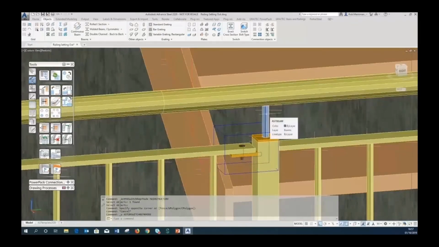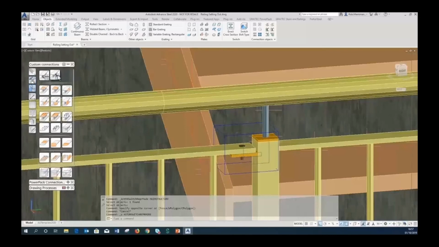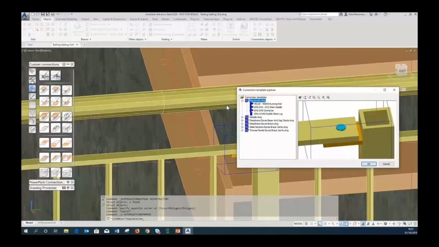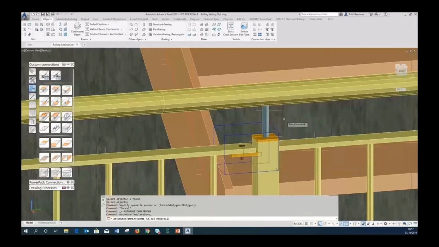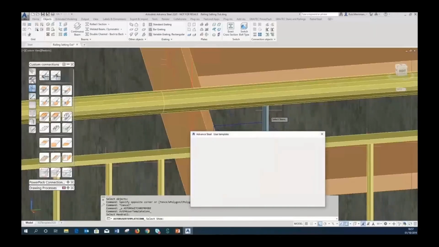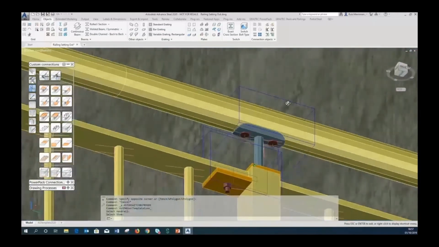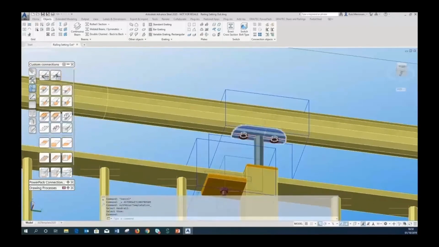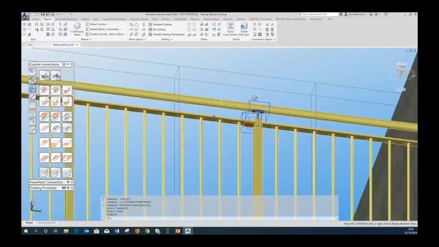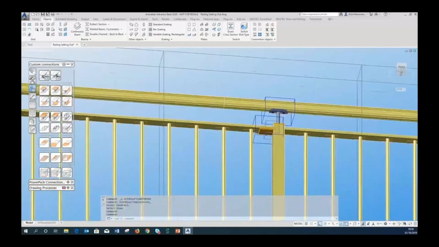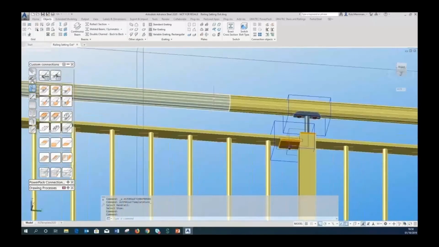Now the post, the spigot on top of the post and the handrail are welded to each other, and we want those to be bolted on with a saddle, so I can choose again the right custom connection that I've created, the stem saddle. I just say okay there, I can choose the hand railing and the stem, and it places in that little modelled part I've created there with a couple of screws so that I can hold those on. So that's